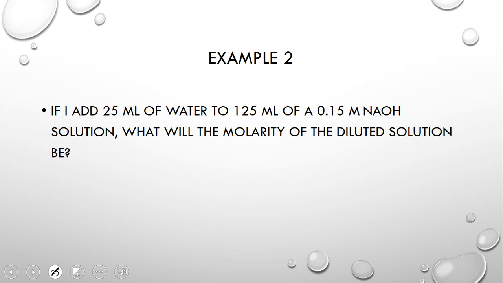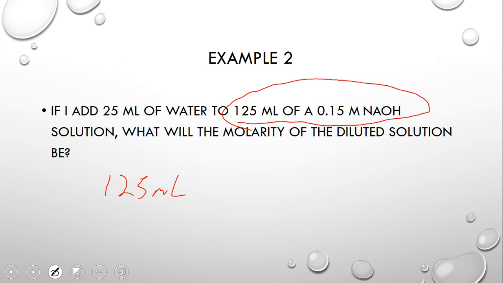Example 2, adding 25 mils of water to 125 mils of 0.15 molar NaOH. What will be the molarity of the diluted solution? So here is one solution. Hopefully you can see these two things are connected. We have 125 milliliters of a 0.15 molar NaOH solution. And that's going to equal